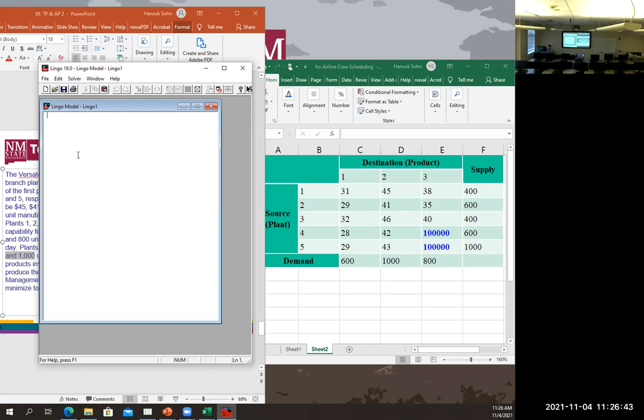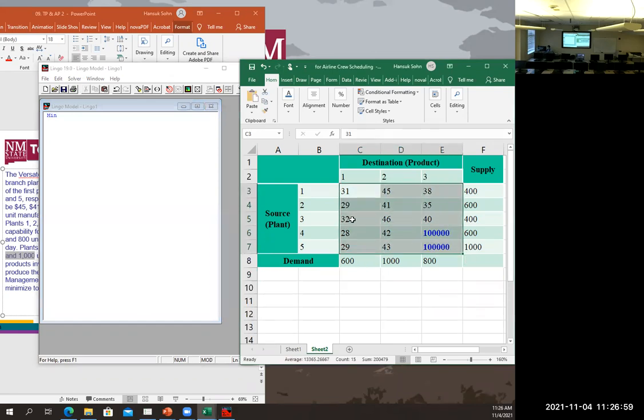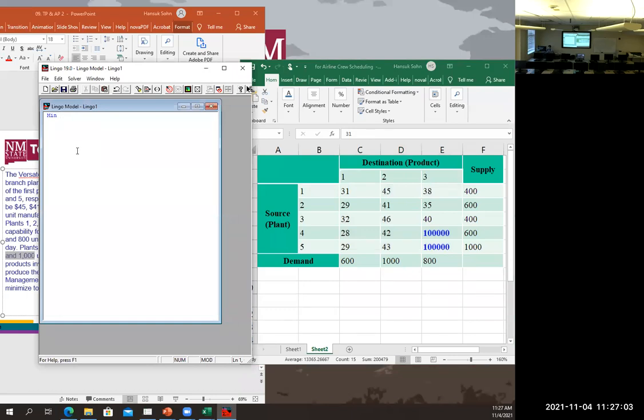This is Lingo. I'm going to use Lingo. We want to minimize the total cost, right? We are going to use all of these values, right? 5 by 3 values. That's going to be 31 x11, 45 x12, 48 x13, plus 29 x21, 41 x22, 35 x23,